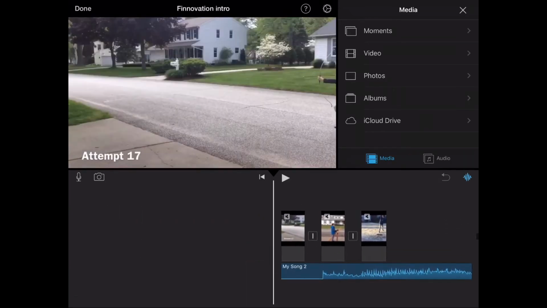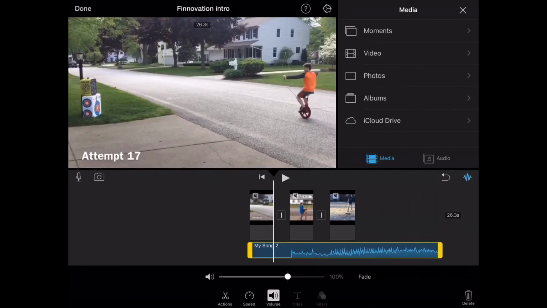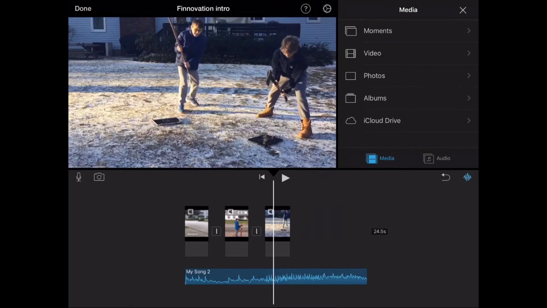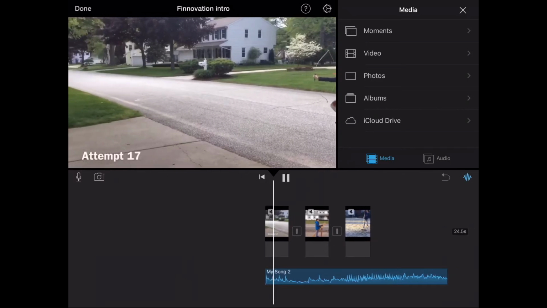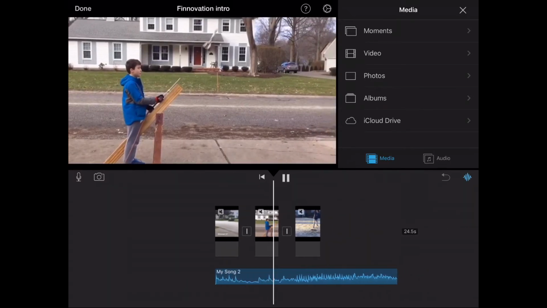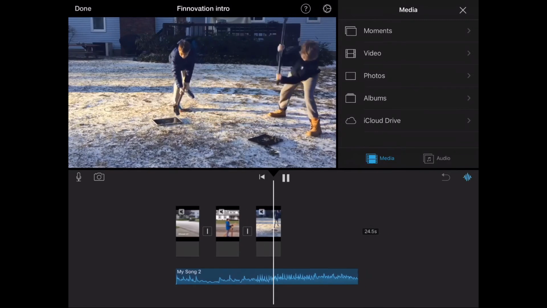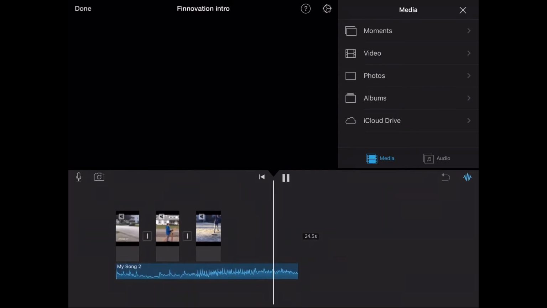So now, since I didn't have my song start right away, I moved it like that, and then I'm going to move it to the beginning. So now you have your song playing in the background of your 3 clips. Like that. So now I've just got to add so many clips so that it gets to the end of